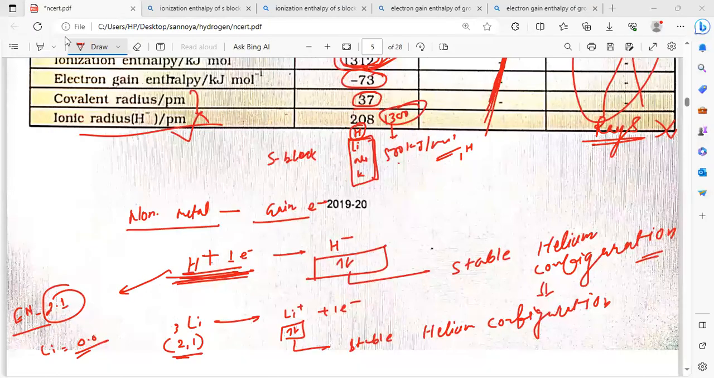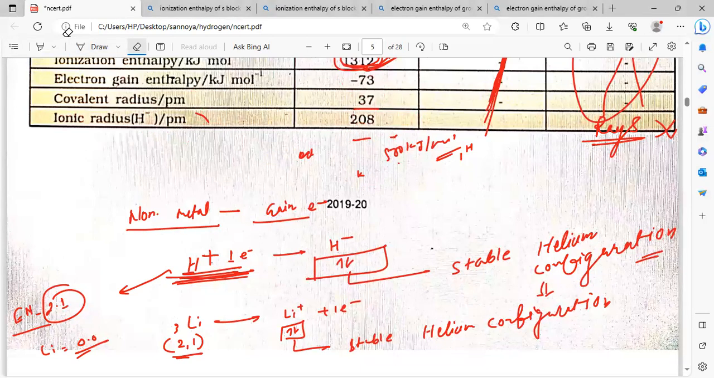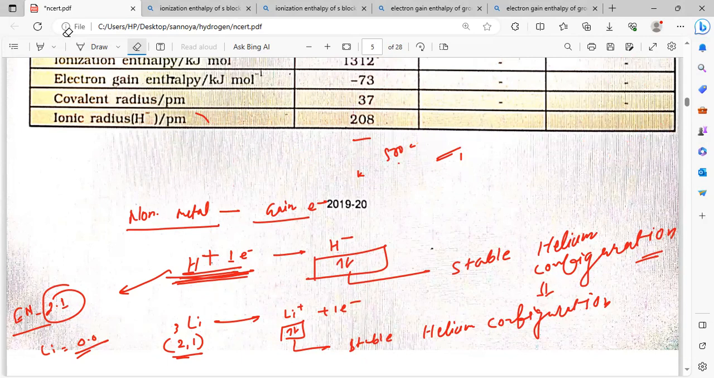Yeah, Sanoy, what happened here? Are you telling something? Sir, covalent is 37, ionic radius is 208. That is what I am asking, the reason. Sir, ionic radius is having